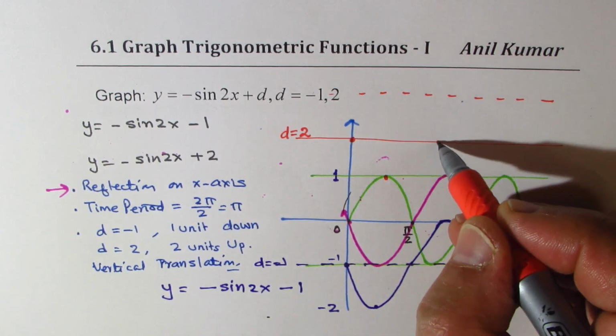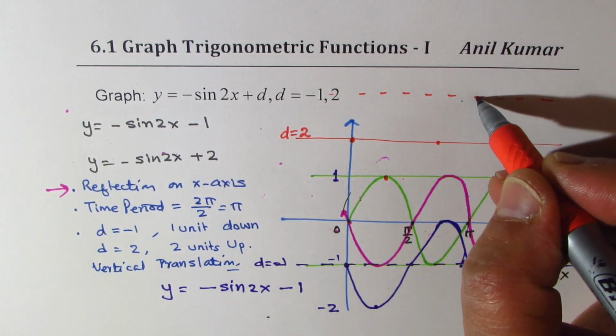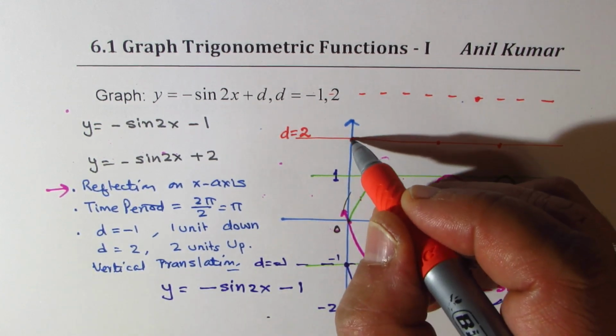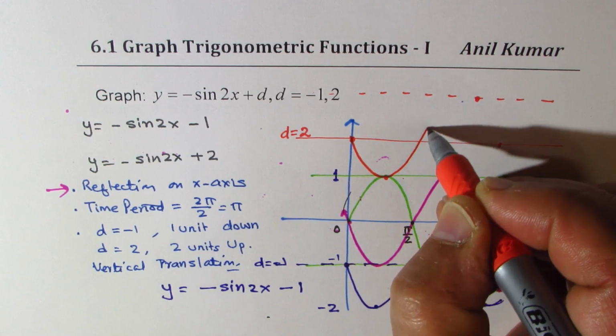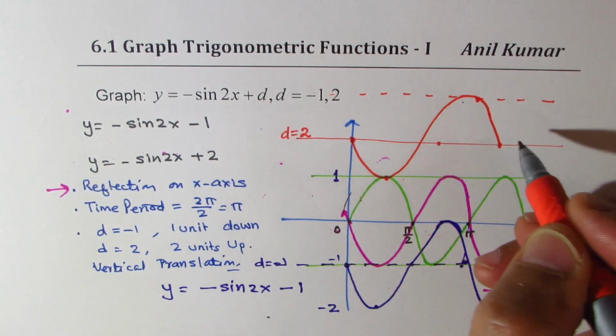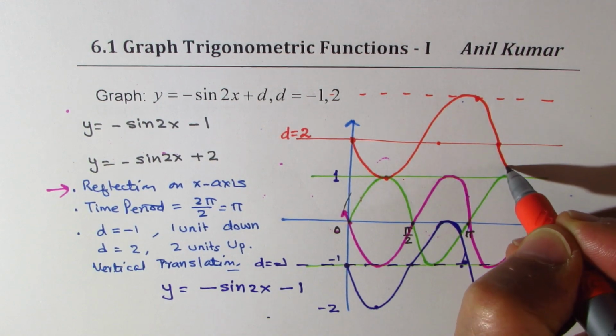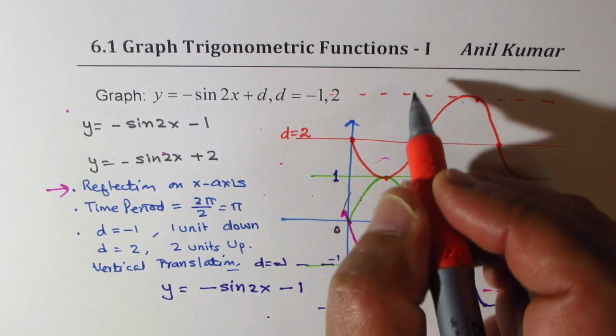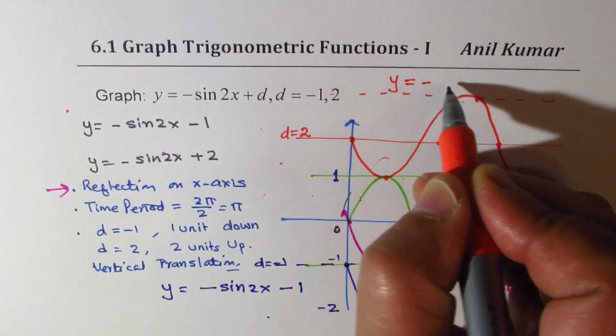And that comes back. This is the maximum, right? And then it comes down. So what you see is a graph which is kind of like this. I have slightly shifted, but that is how it is going to look for the graph of minus sine. So let me write down